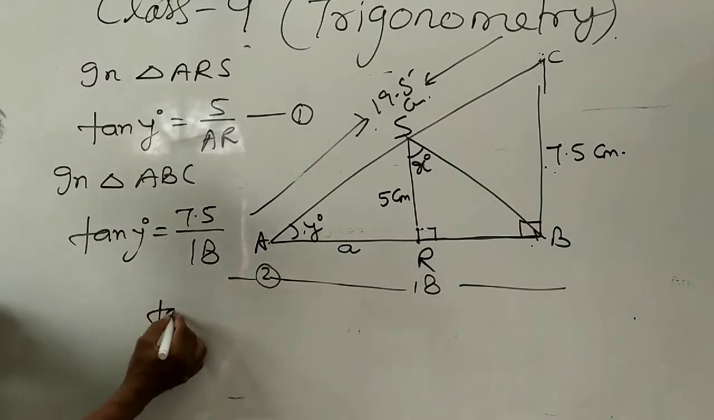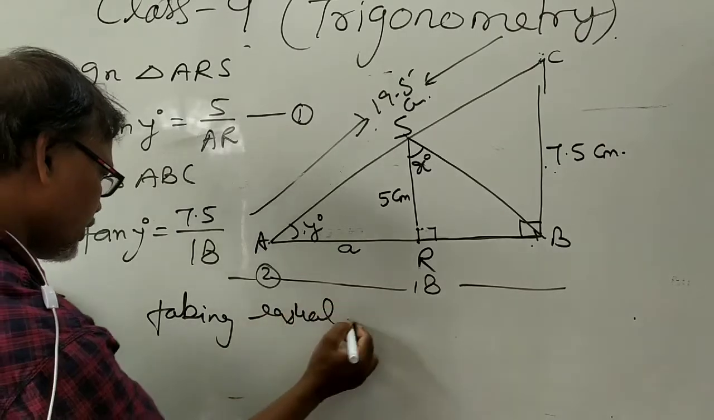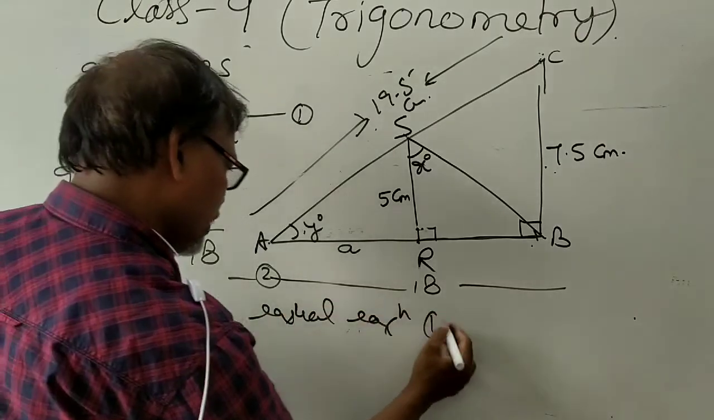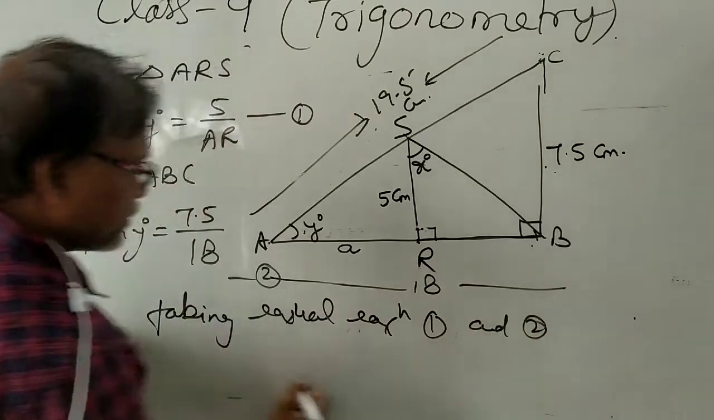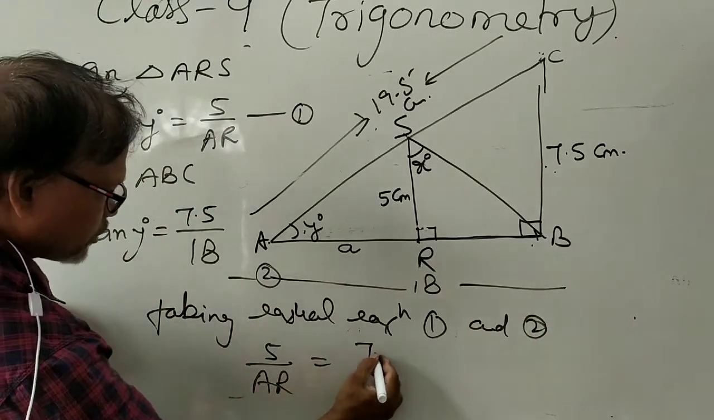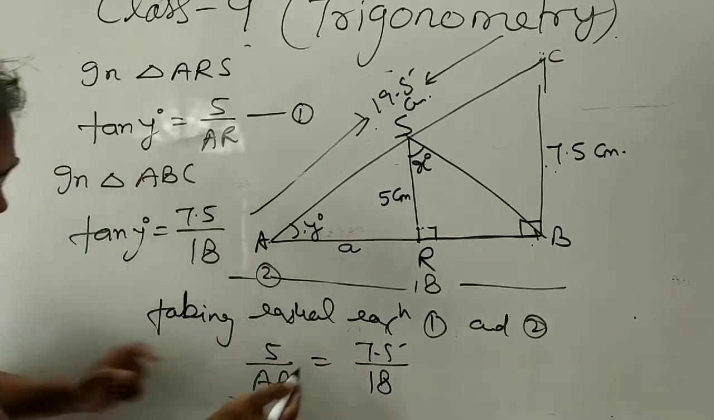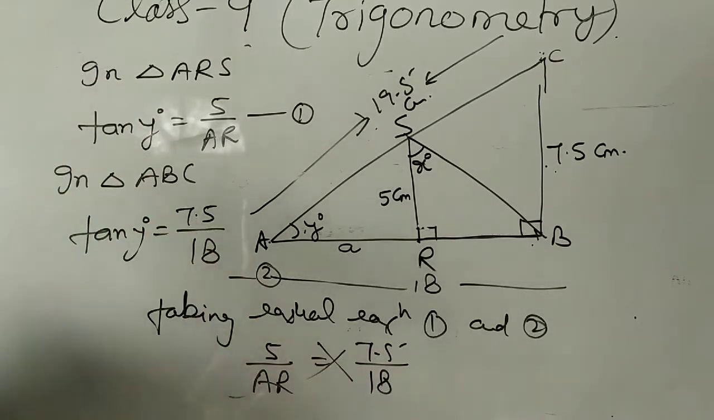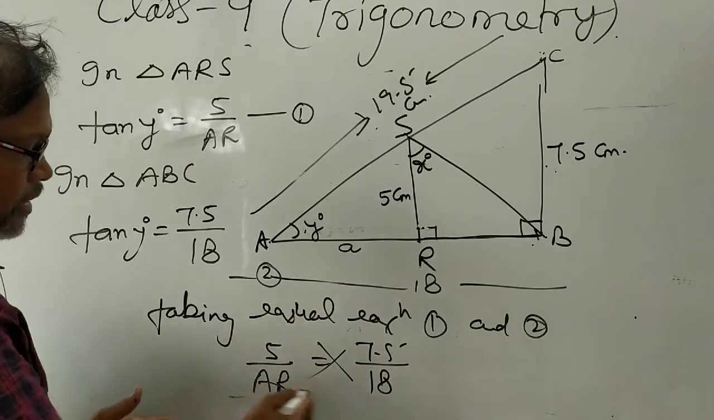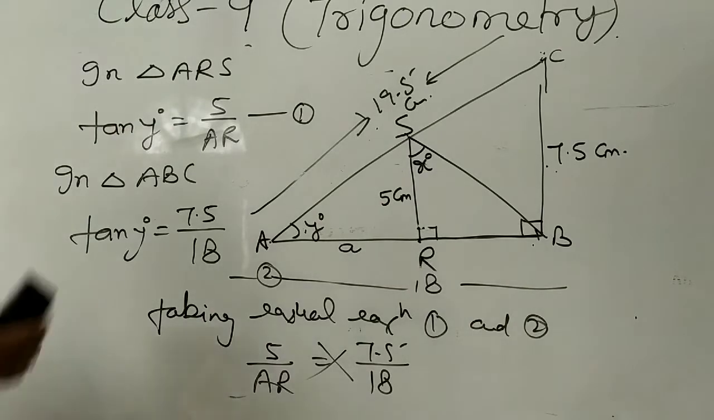So taking equal equation 1 and 2, what you will get? 5 by AR is equal to 7.5 by 18. Now simplify this to get the AR. अब इसको simplify करें तो how to simplify? AR is equal to, you can note down,